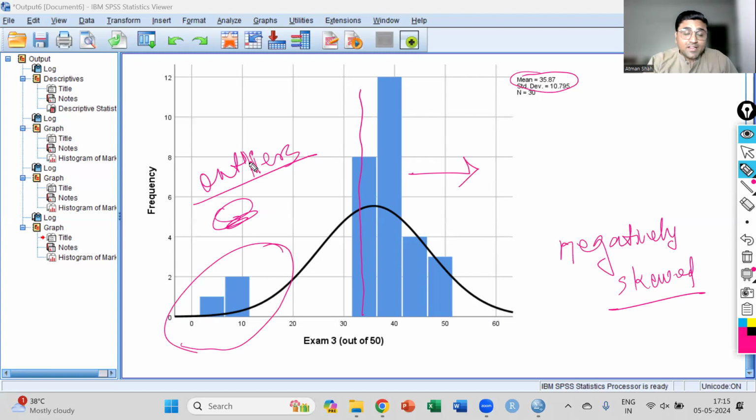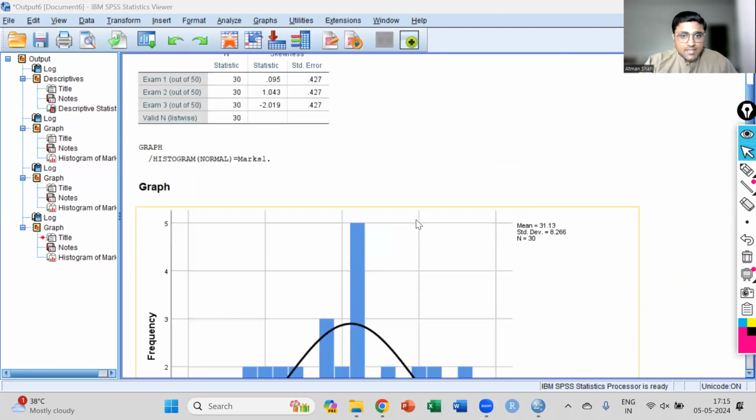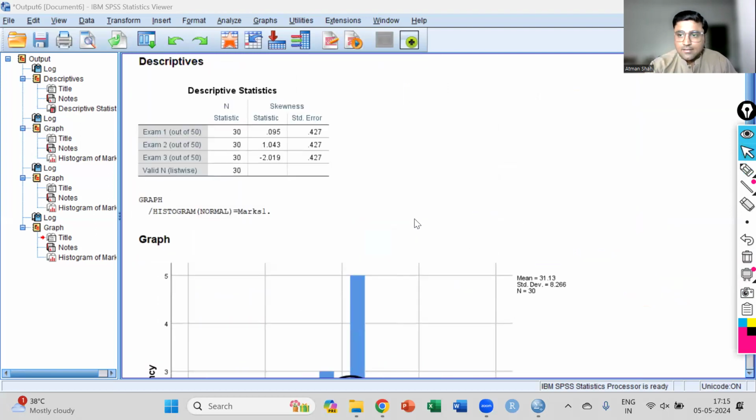So this is how we can compute the skewness and visualize the data. So again, if we see the value of skewness here, see exam 2, it is 1.043 positively skewed, and exam 3 is negatively skewed. So this is the idea of